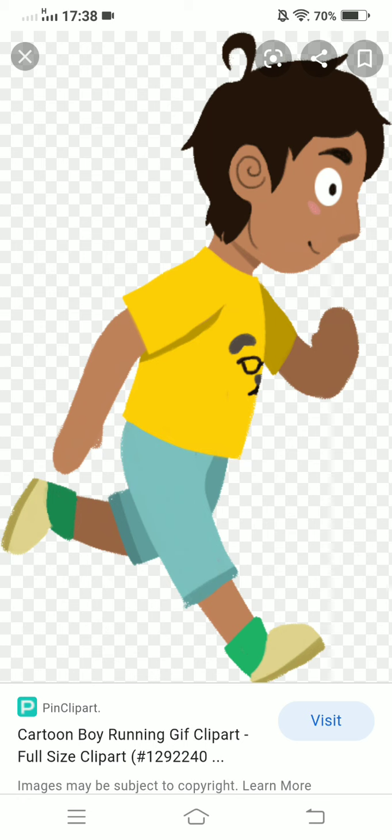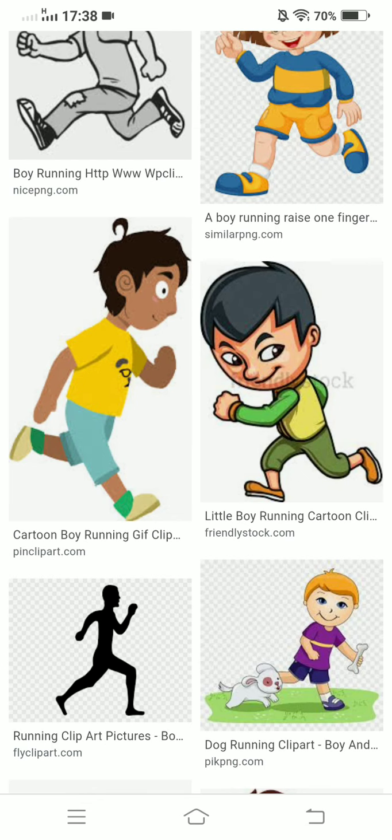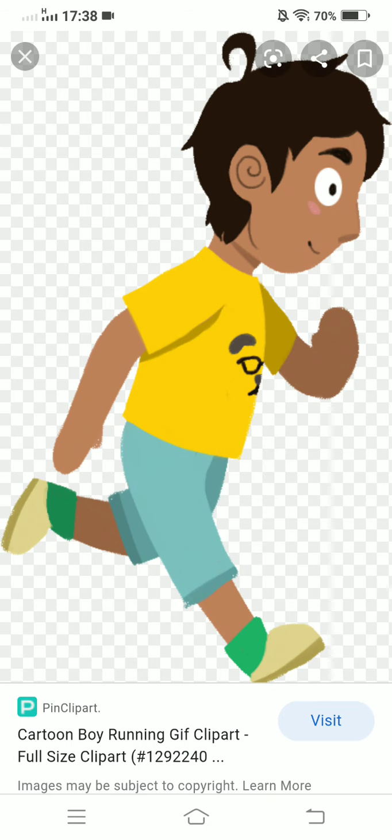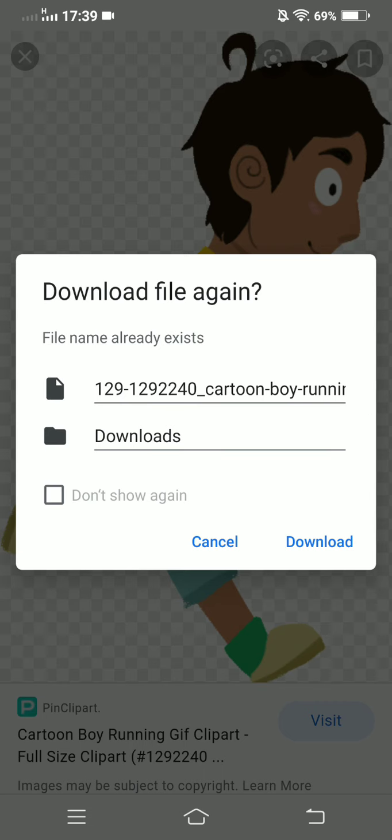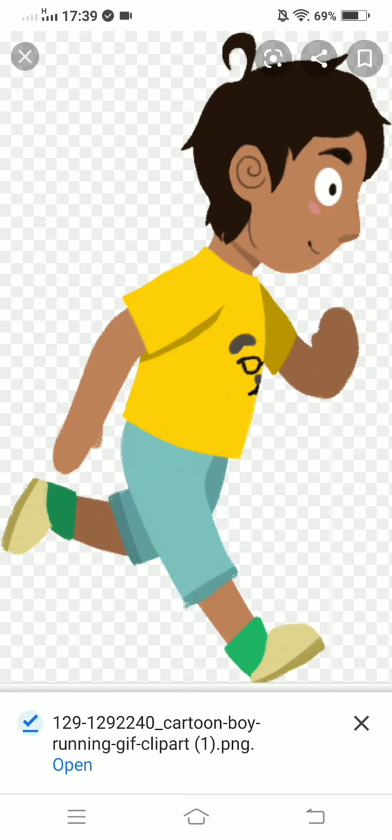Okay, there's one thing. See, when I saw this image over here, as you can see there is a white background, and when I open this particular image, the background is sort of in a grid pattern. This tells you that this image is a PNG image. There's only a boy over there. Let's check it. So click on this, and yeah, as you can see it's .png. Let's download. Alright, now let's open it.